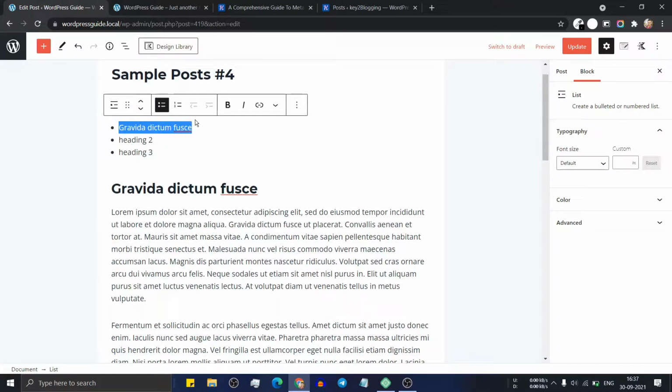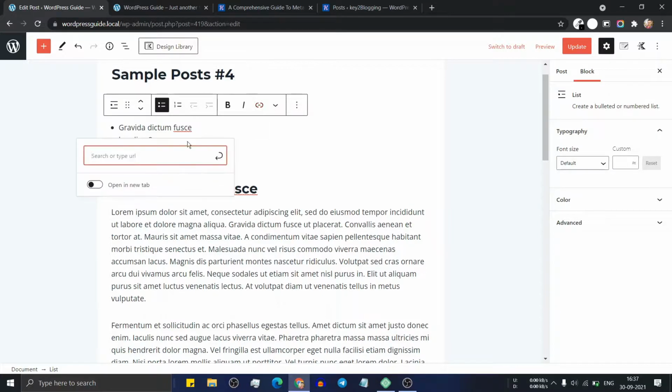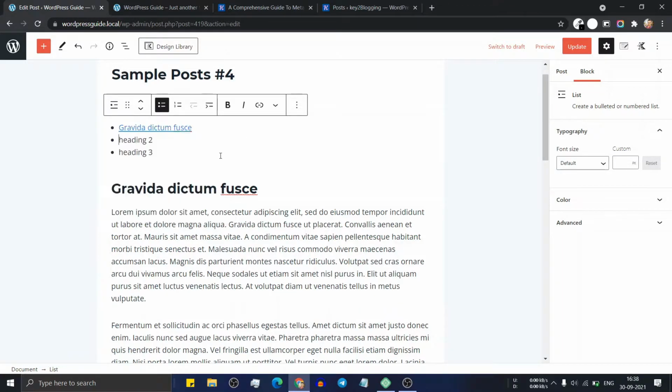Now click on the first heading and click on the link. Now you have to add the link. So here you have to add the link like #1 and click enter. Now in heading 2 add the link like #2 and click enter. And let's add the third heading link #3. So you have to set the anchor. You can set the anchor like heading 2, heading 3, and here you can set the link like heading 2, heading 3. So let's update this